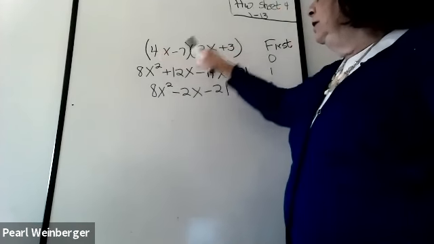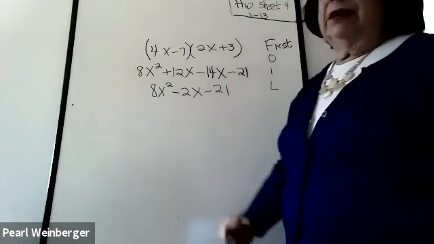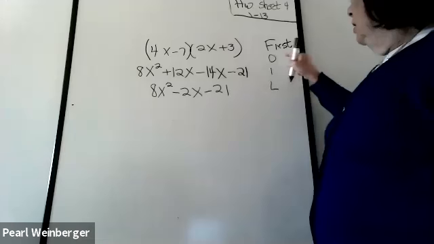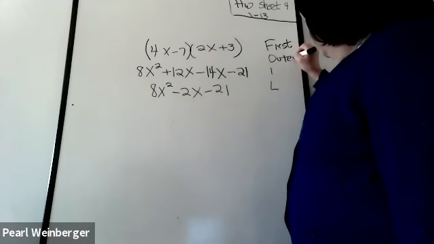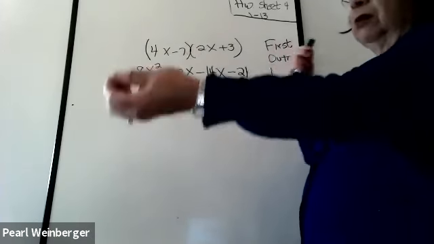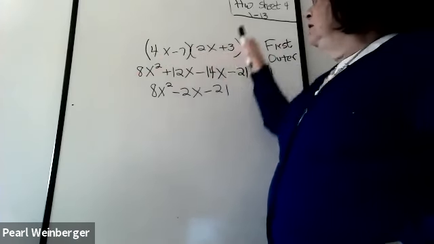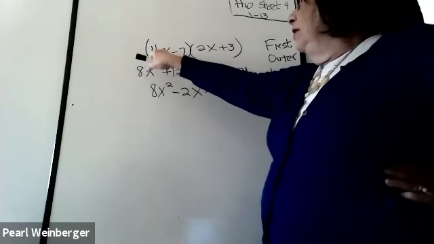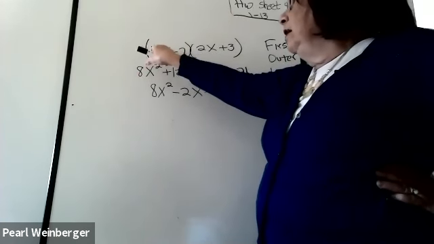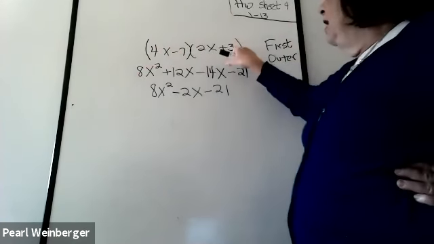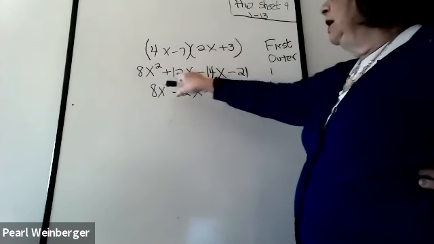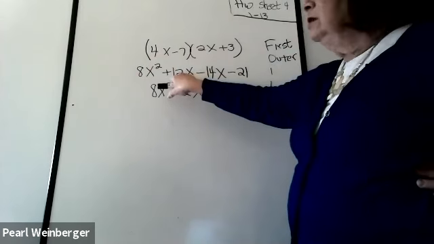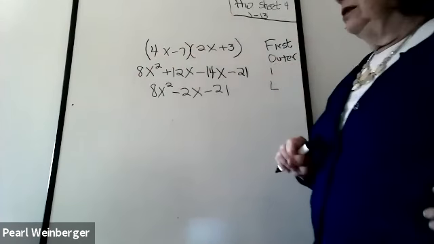The 4x times the 2x, that gave us the 8x squared. The O stands for outer. Outer means things that are far apart. If you look in these 2 binomials, the furthest apart terms are the 4x and the 3. We have to multiply the 4x times the 3. That gave us the 12x. That's our second